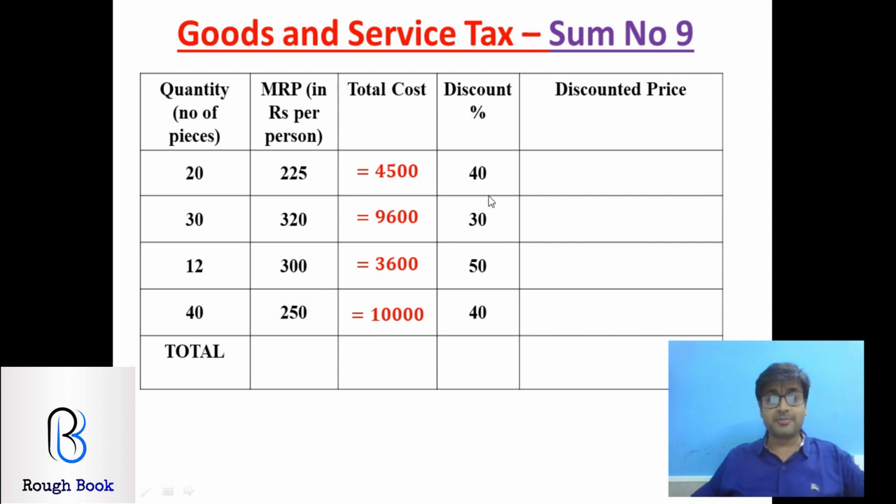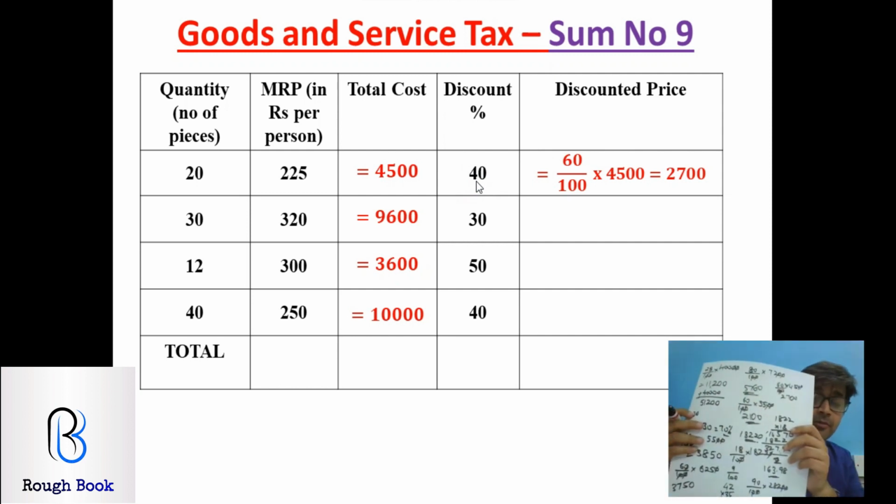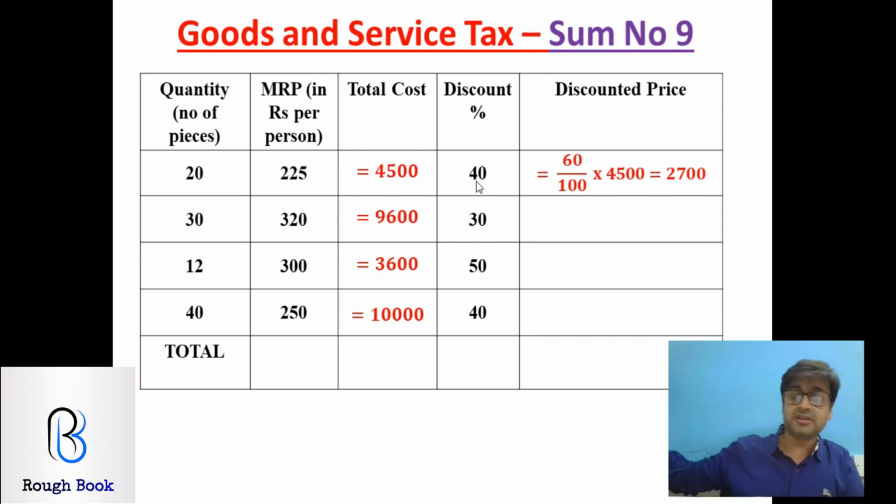Brilliant. Now 60% discount, so you're going to apply 60% on 450. Come on, let's calculate 60% on 450. Oh, you already got it with mental math. Brilliant. 4 5s are 30. I am not that good, so let me calculate. So 2700 is what I get. Did you get the same? Great. Yeah, I'm calculating. You don't trust me every time. Why do you want me to show it to you? I actually calculated. See? Come on, let's go with the next one.